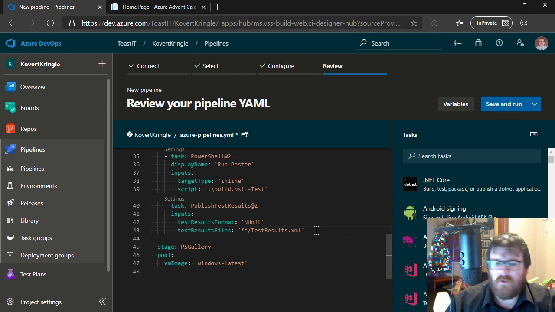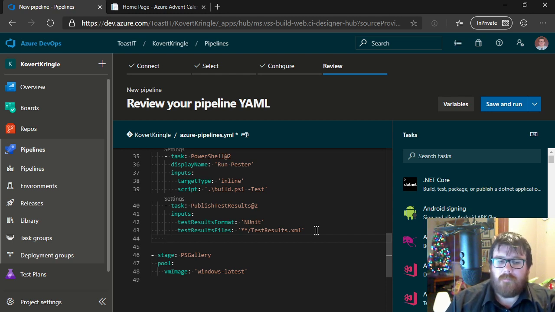So the final thing I'm going to do, now that I've compiled my module, is bundle that up as an artifact and upload it for later stages to use. This just means that later stages, like my publish one to the PS gallery, don't need to recompile the module. Instead, it just downloads the artifact. So there's a shortcut for doing this rather than using the